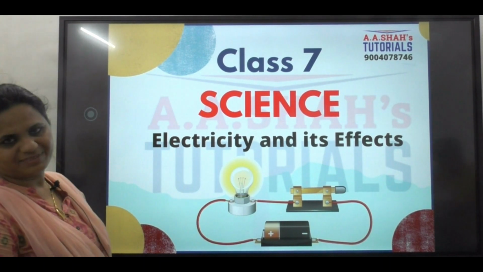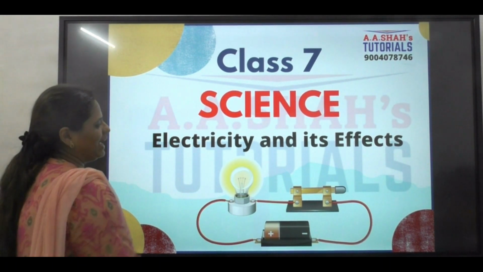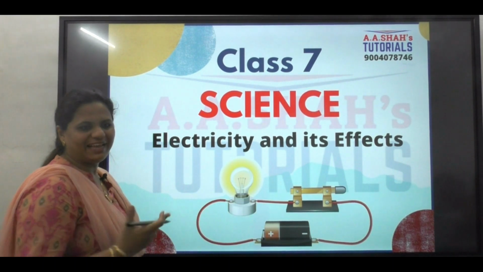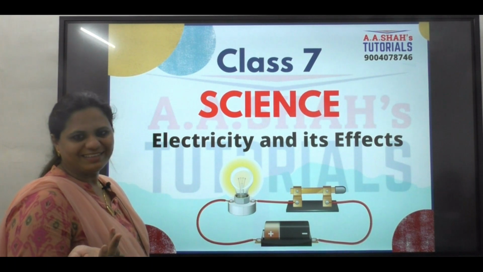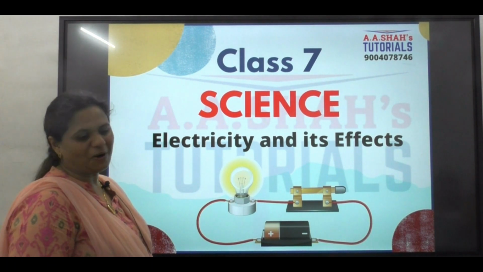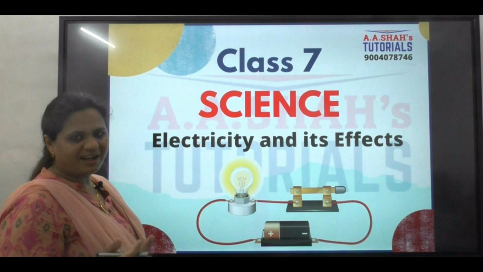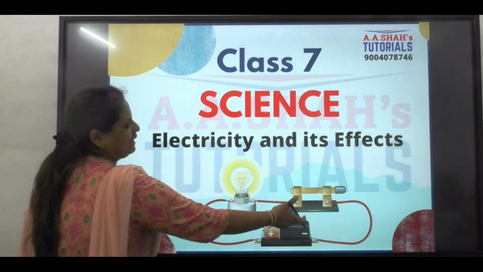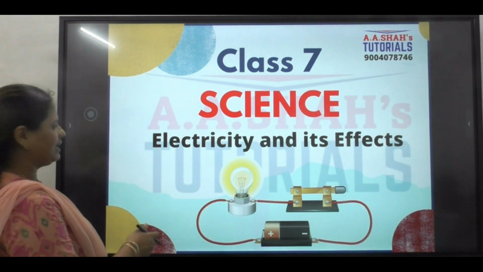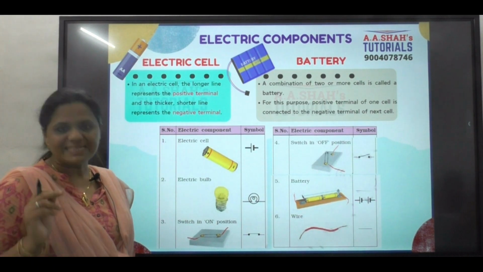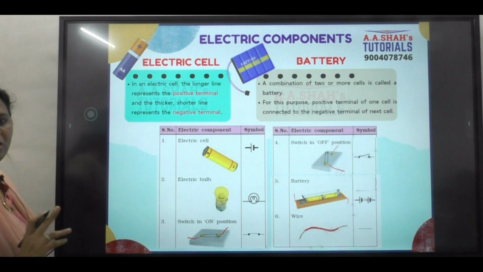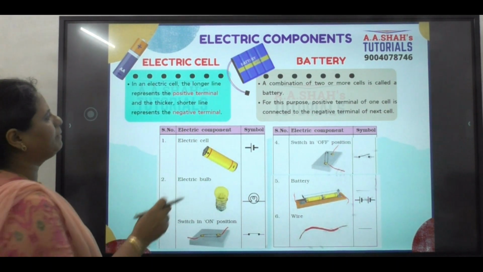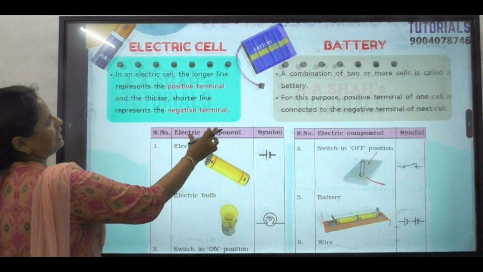Today we are going to look at an interesting topic in science for class 7, which is electricity. We are all fascinated by electricity, using electronics, the favorite of every child, electronic devices, or earlier electric cars, vehicles. So electricity is a very essential part of our life, and we are going to understand this concept today.